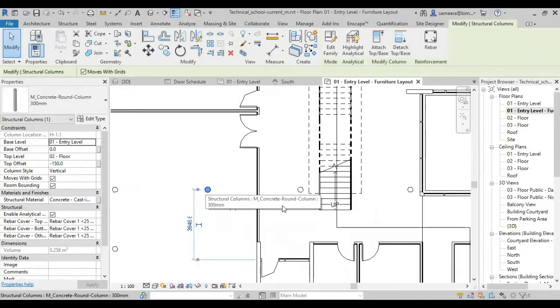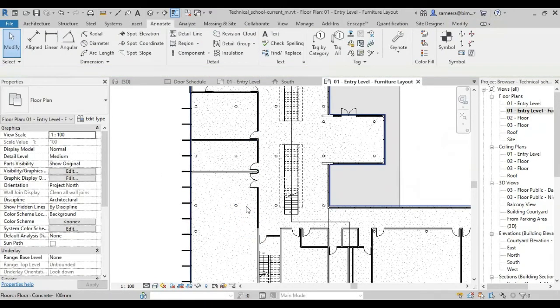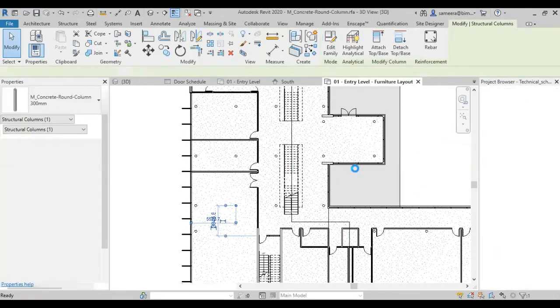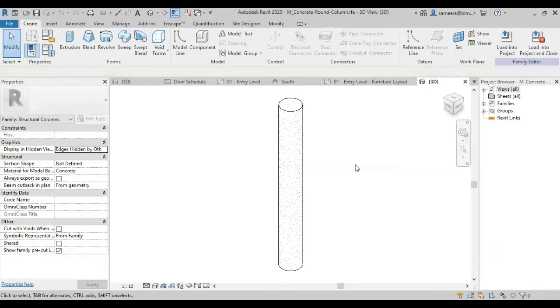Okay. If it is a family, the question can be like this: select this particular element, go to the family editor, where we need to go to the family editor. And you should know also related to the family creation, family editing, family parameters.